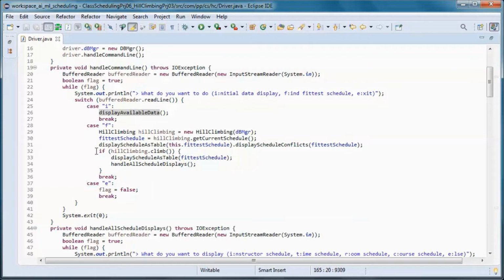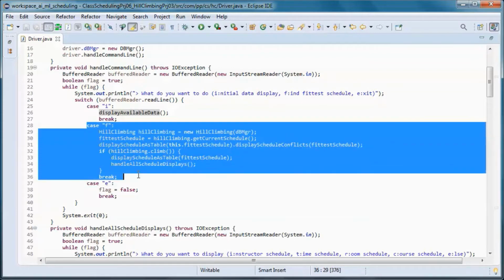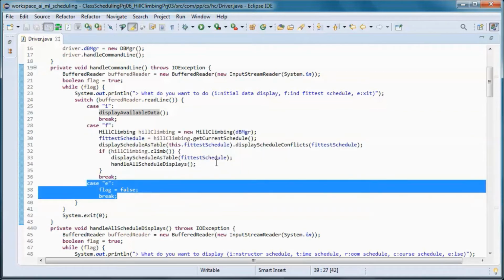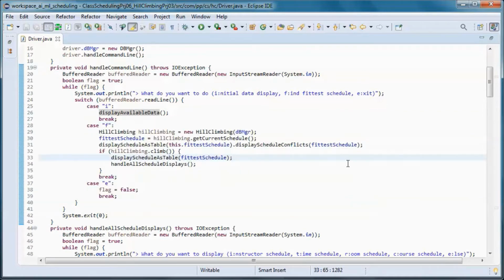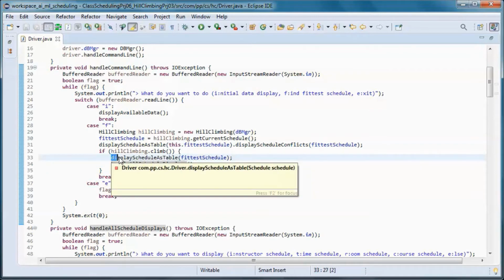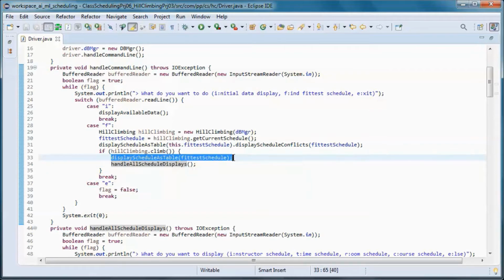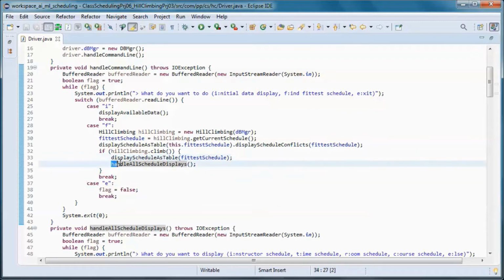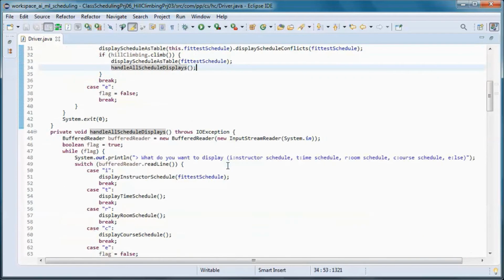And here we are finding the fittest schedule, and here we are exiting, and here we are doing the hill climbing, and if we are successful, we display the schedule as a table, the fittest schedule, and we handle schedule displays.